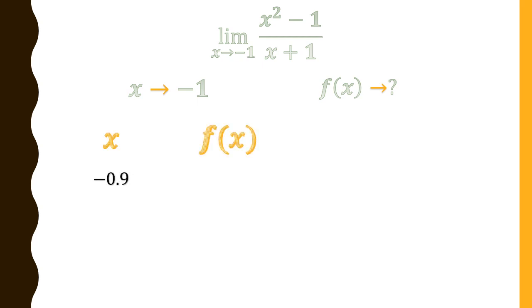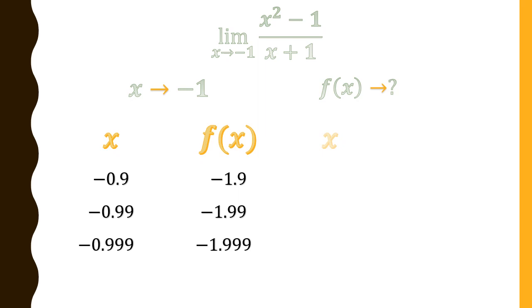Okay, the first value which I am taking for x is -0.9. As you can see, it is greater than -1, and quite near to -1. When I put -0.9 in f(x), I get -1.9. Then when I take -0.99 and put it into the f(x) equation, I get -1.99. Similarly, when I take -0.999, you have to make this calculation on your own. You will get -1.999. That means you put the value of x into the equation, and you get the answer in the f(x) column. Try it on your own.